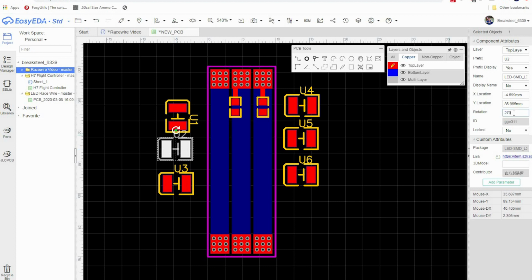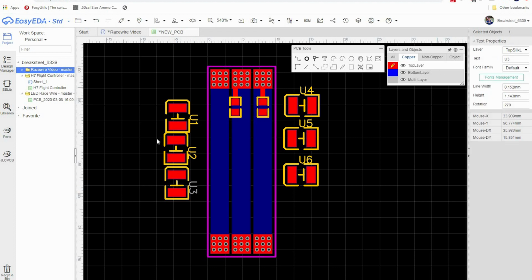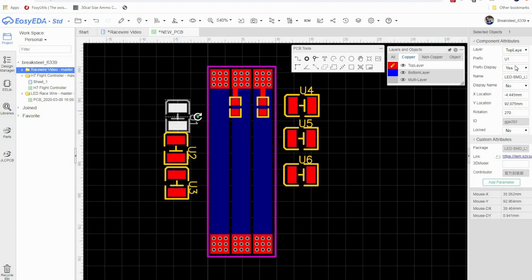Rotation 270. These might actually be a little bit big. Let's see here. I'm going to go back to that in a moment. 270. I think these will work. Okay, so let's get rid of the prefix display. No. Prefix display. No. And prefix display. No. So now what we're going to do is move these guys right here,